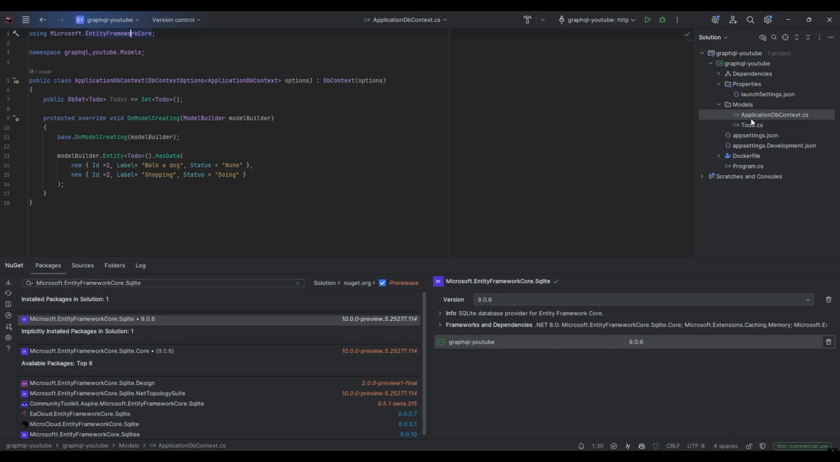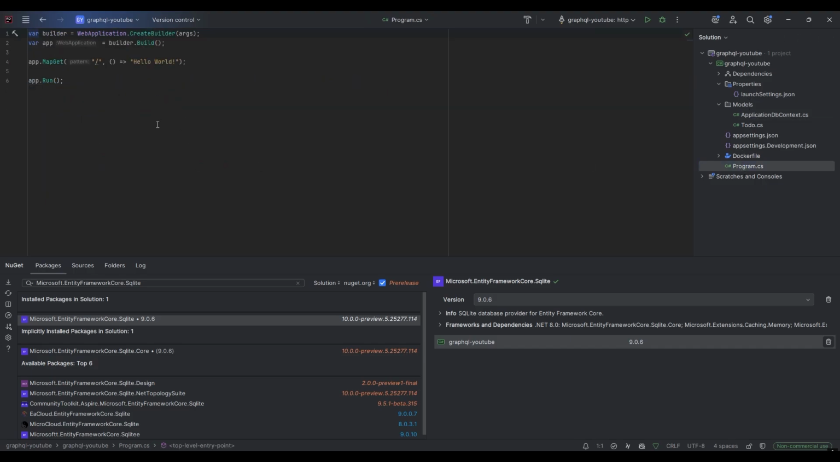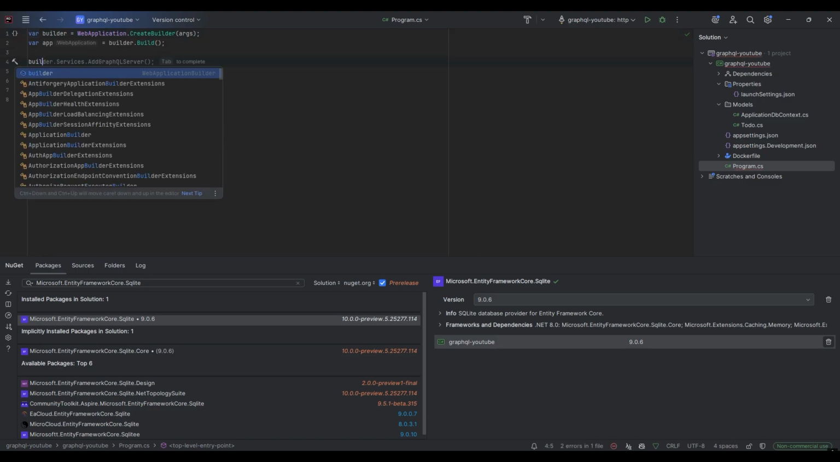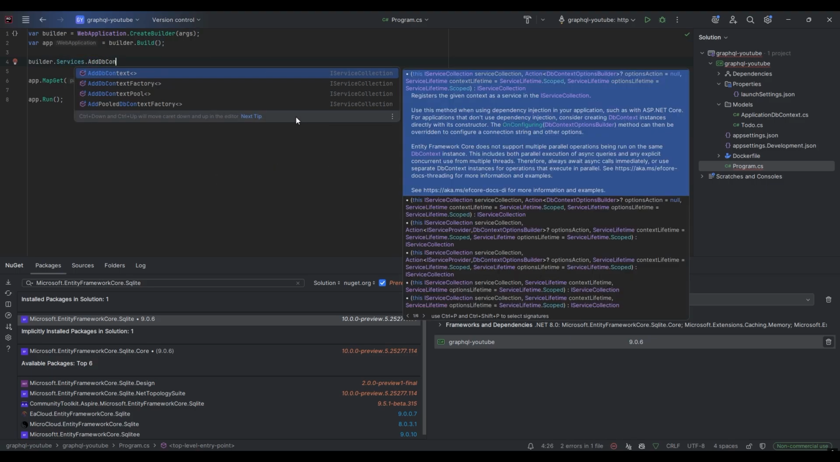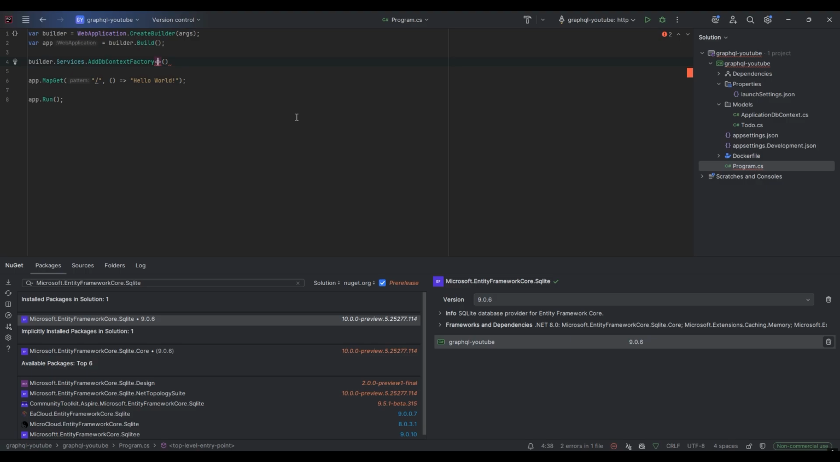Now we are good in the models. Let's go to the Program.cs, and we will register the services to the dependency injection container. The first step is to register the DbContext, whether you use Postgres, SQLite, or a different database. So builder.Services.AddDbContextFactory. We will register to the DI service the application